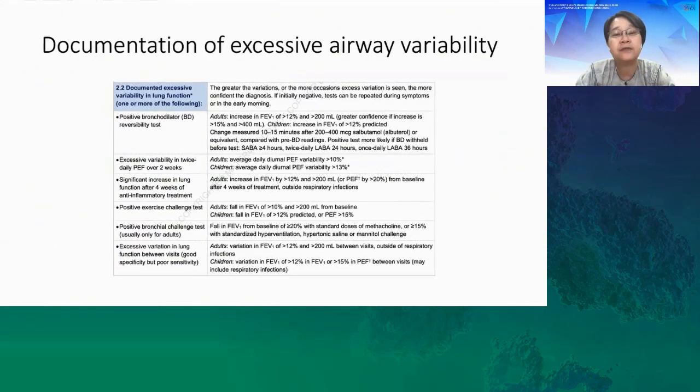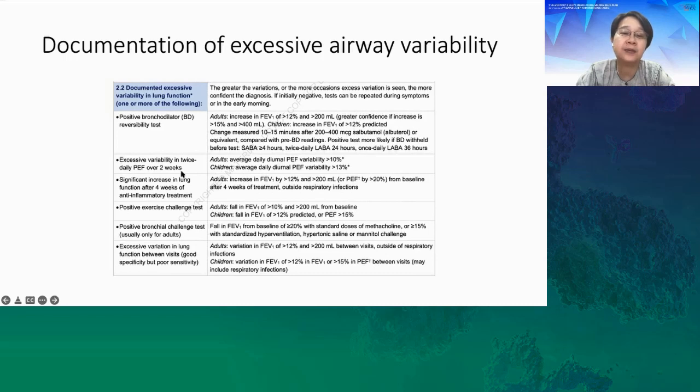So I think diagnosis of asthma requires the documentation of excessive airway variability. Most of us are familiar with the post-bronchodilator reversibility test, otherwise known as spirometry, where you look at the level of the FEV1 and the amount of air. If you have an increase of 12% and 200 mils after a bronchodilator challenge in an adult, then this tells you that the airway is reversible. Sometimes when you don't have spirometry, you can use peak flow, and what you aim to dissect is that a patient would have an average daily diurnal variability of more than 10% in adults.